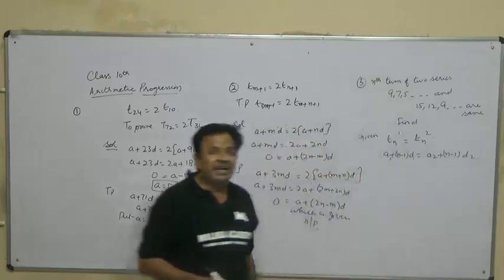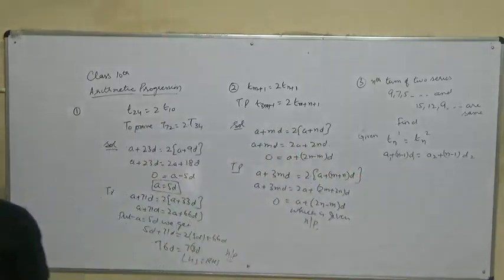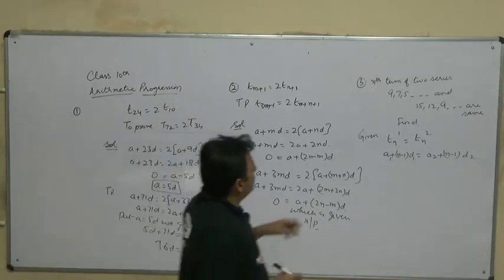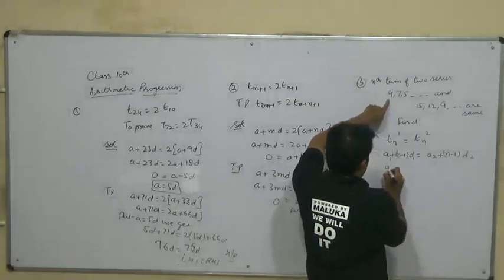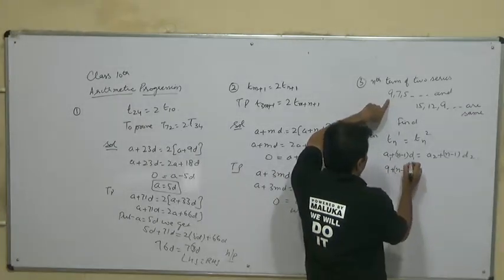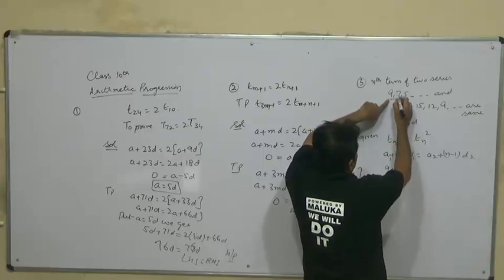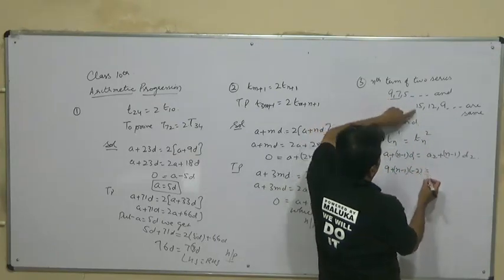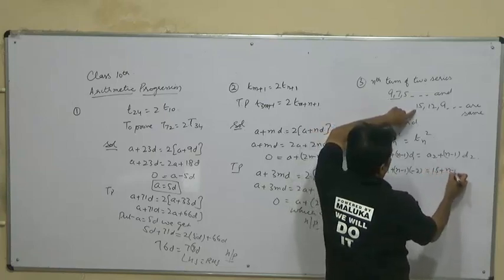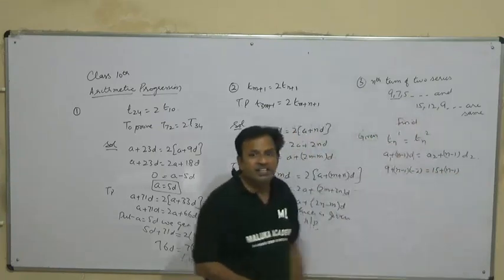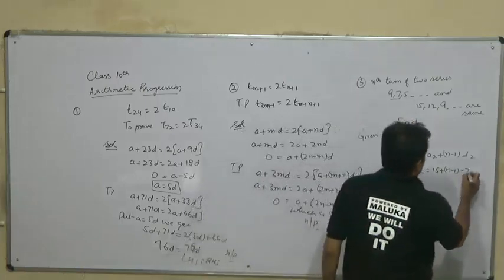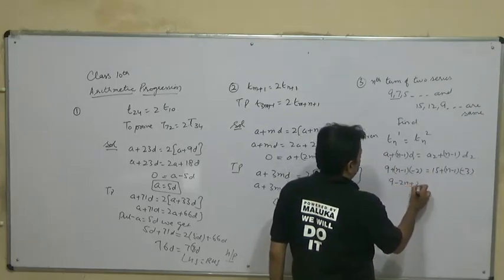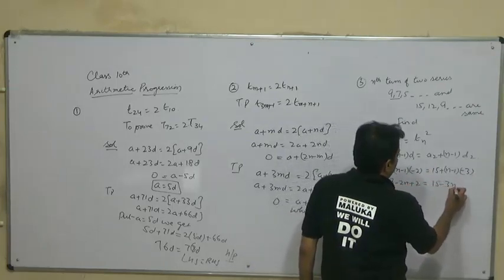So here only n is same, first term is different and common difference is different. So what is the first term? First take the first series. What is a1? This is 9, n minus 1 into what is d1? Difference of these two, that is 7 minus 9, which is minus 2, which is equal to what is a2? 15 plus n minus 1 into what is d2? 12 minus 15, which is minus 3. Now this will be 9 minus 2n plus 2, 15 minus 3n plus 3.